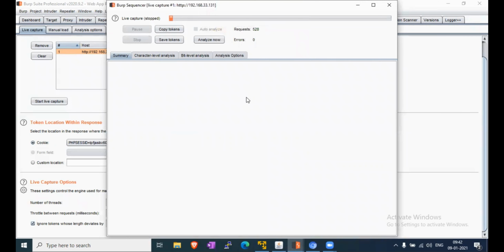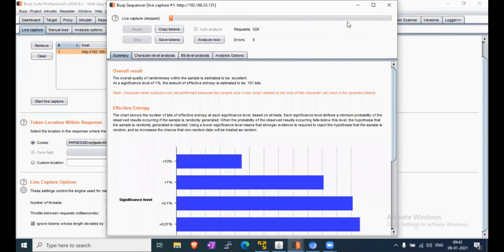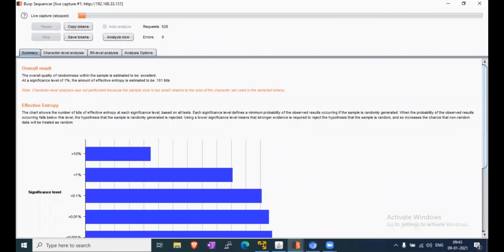It takes about a minute to load the summary. Analyze now. Okay, so now